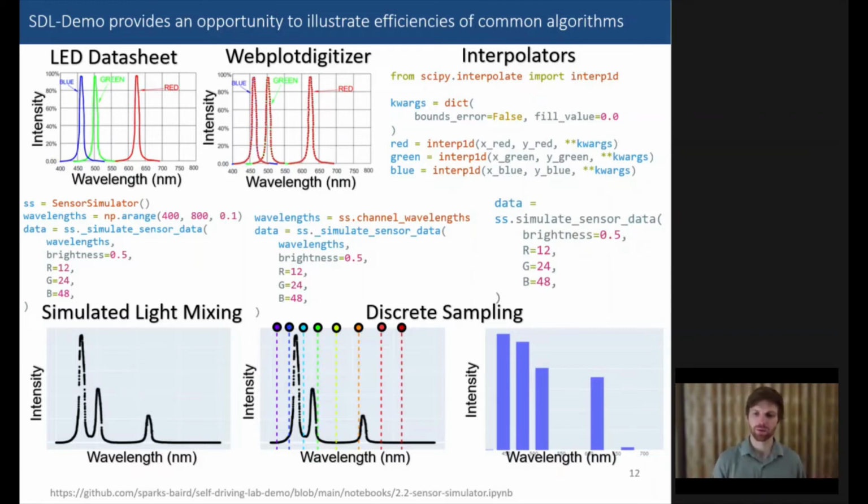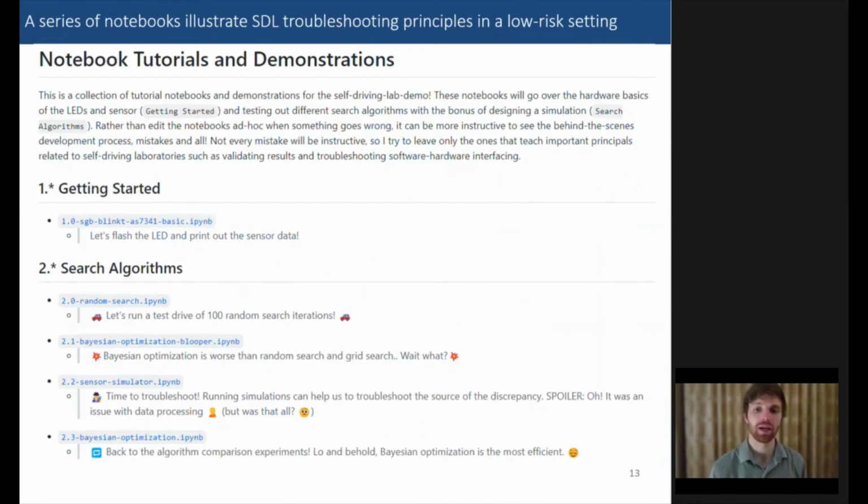And we created a class that allows you to very easily switch from experimental to simulation mode, and so that makes it a little bit easier to swap things out in your code. You can just switch an argument from true to false in order to switch between simulation and experiment for this. And we've prepared a series of notebooks that illustrate various self-driving laboratory troubleshooting principles in a very low-risk